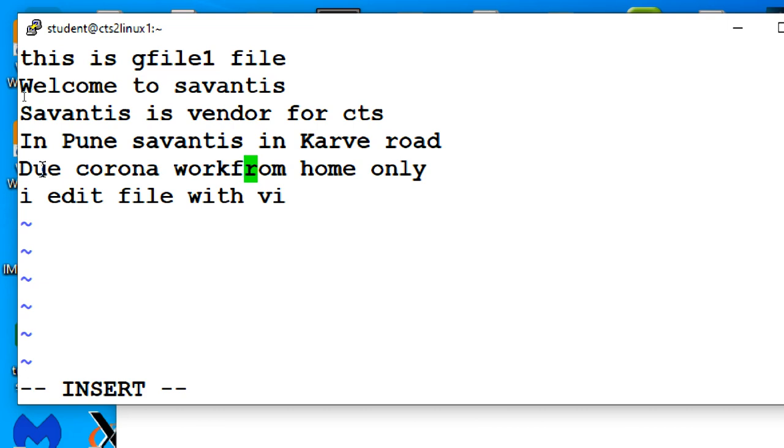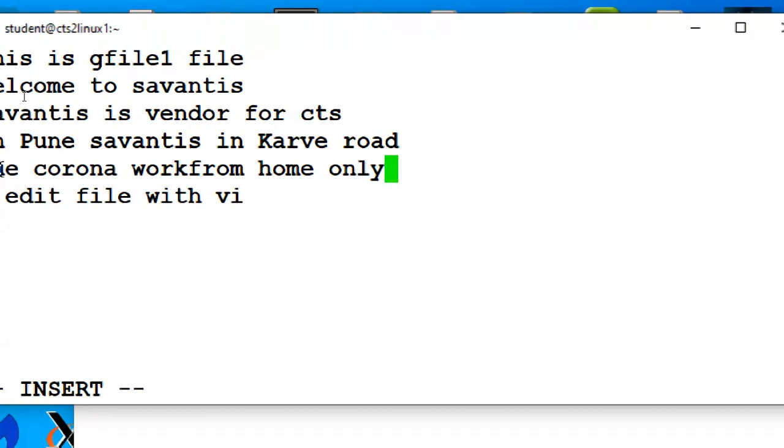The cursor is shifted to next, small a, Escape. Now I'm pressing capital A, Shift A. The cursor went to the end of the line.